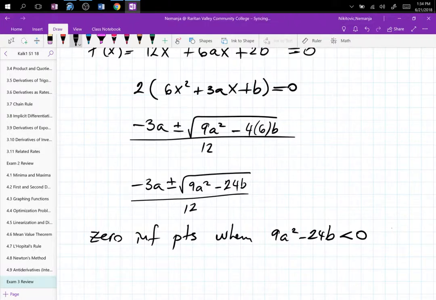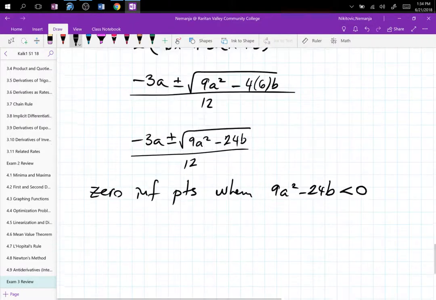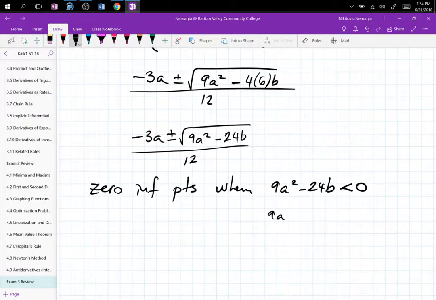So if the thing under the radical is negative, then you have a complex number and you can't have an inflection point. But if it's positive, 9a squared minus 24b larger than 0, well, in that case, yes, because you solve this